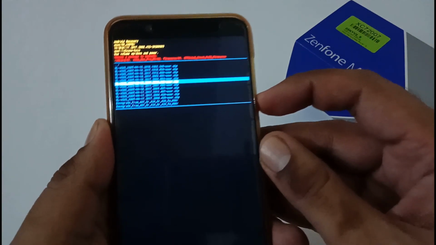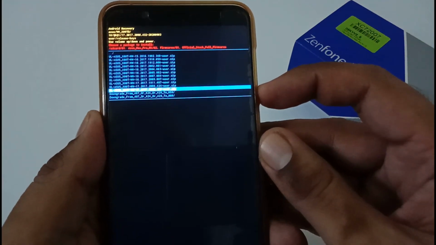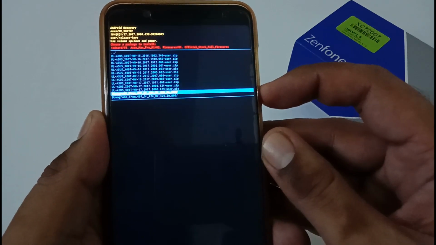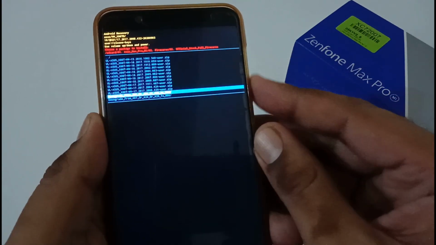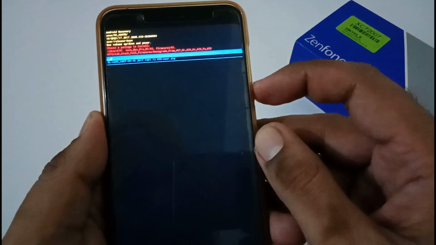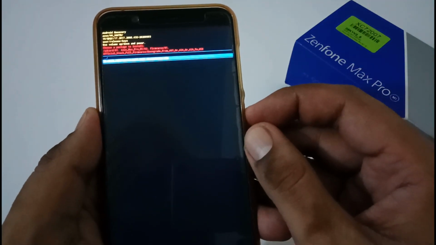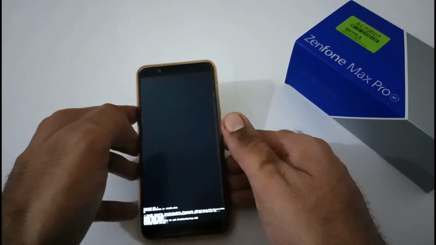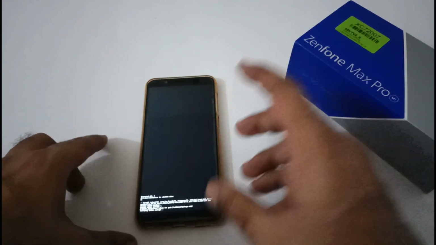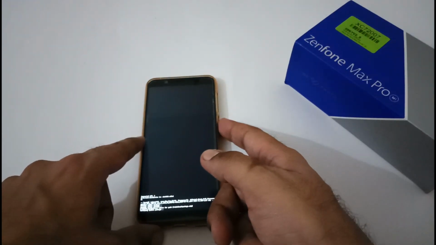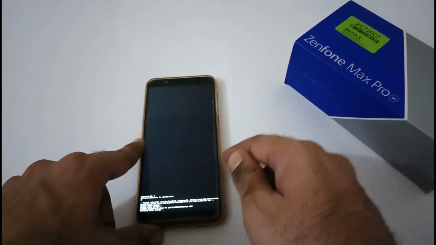Like I was showing you in the Android file manager, this is 059 and 060. In this video I'm going to do 059. The same process is applicable for 060. Just select that particular file. After selecting it and pressing the power button, the whole process has started. It will take nearly 5 to 7 minutes, and in some cases 7 to 10 minutes. Just a precautionary note: do not play with your power button until the whole process is completed.